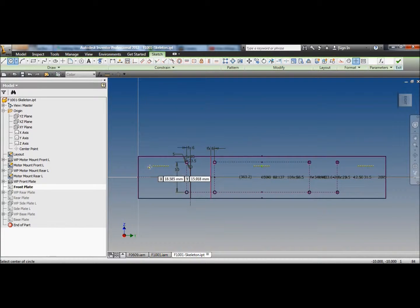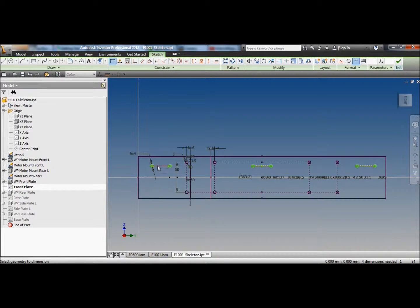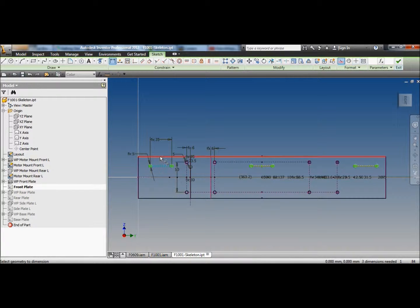And we'll draw some holes on each end of them. And we'll make the holes all the same size. Ooh, awesome. And the holes are hinge hole OD. And the distance between the holes are hinge hole centers. And the distance to the top of the robot is